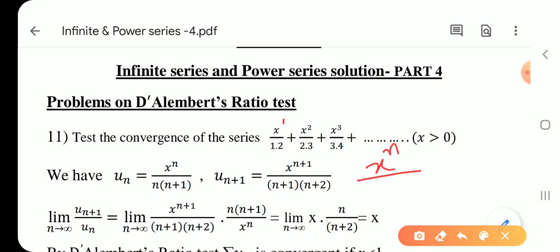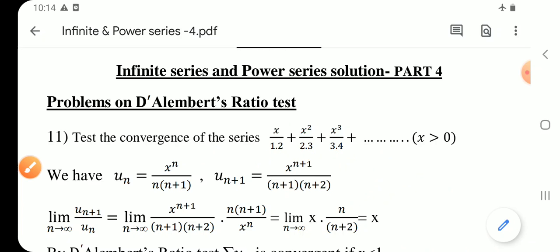Now you come to the denominator. See all the first terms in each term of the denominator. It is 1, 2, 3, and it goes on, which is again a natural number. I'll write n. See the second term, it is 1 more than the first: 1 plus 1, 2 plus 1, 3 plus 1. So the last term would be n plus 1. So this is the general form: x to the power n by n into n plus 1.